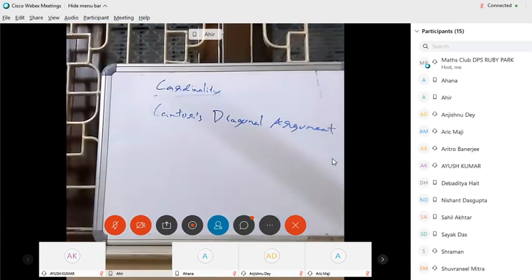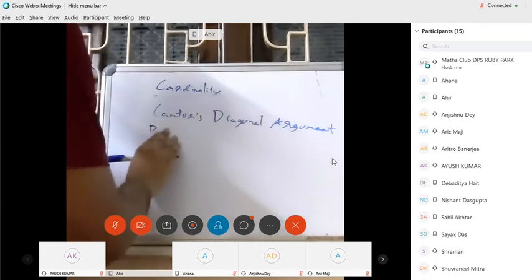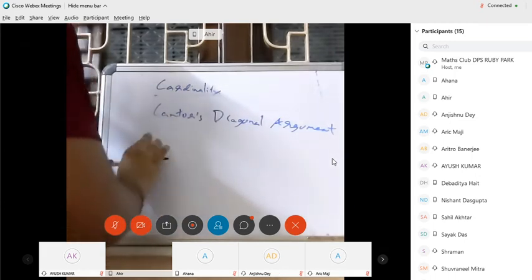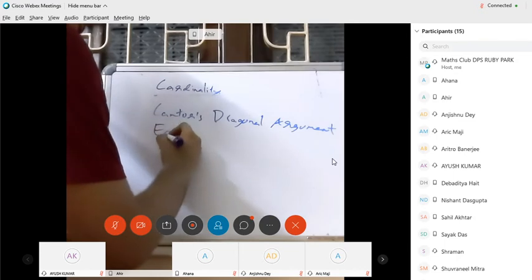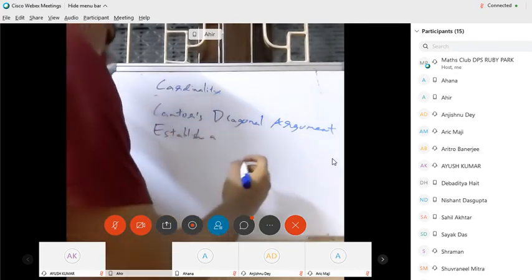Okay, so I'll leave this exercise to you guys. Establish a bijection